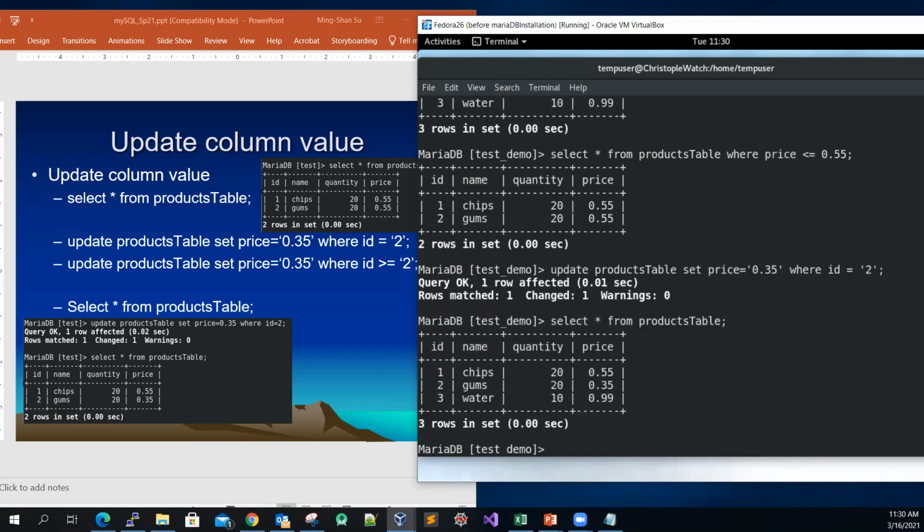Okay, there you go. You can see that the record with ID of 2, the unit price has been changed to 0.35. So again, you can see this WHERE clause can really give you a lot of choices. But in the meantime, be aware that